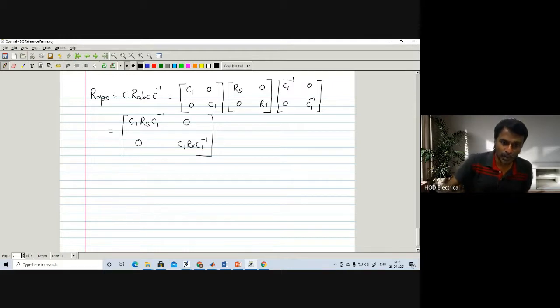We substitute all the values separately for C1, C1 inverse and RS. These are all 3 cross 3 matrices, every matrix is 3 cross 3. We have to substitute separately and find out what it is. Similarly, we have to substitute this. The final equation becomes,